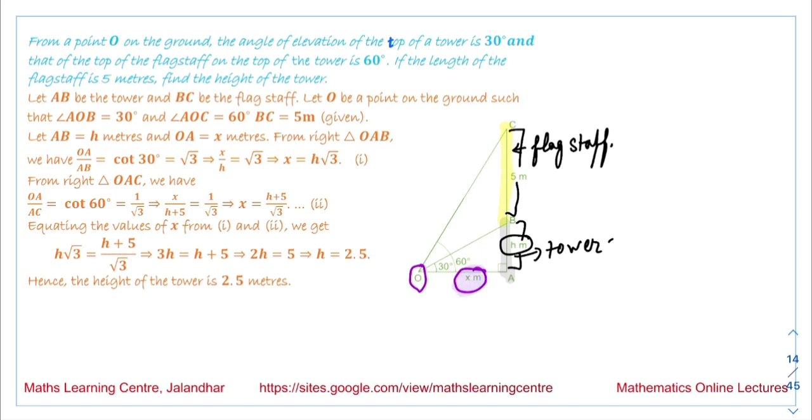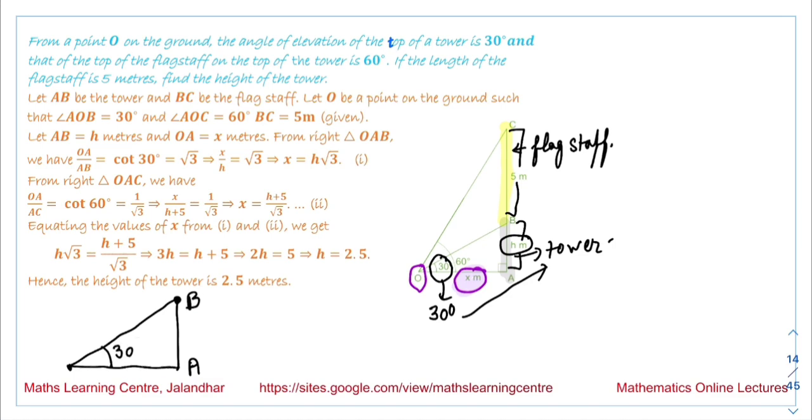Now what is given to us? The angle of elevation means we are talking about this angle over here. This angle is 30 degrees, this is for the tower. The angle of elevation for this flagstaff is 60 degrees. So this is the tower, we are standing at this point. If we are looking at the end point of this AB, the tower, this angle is given to be 30 degrees. And then we are talking about the angle of the flagstaff. So we are talking about two triangles over here. First is this triangle